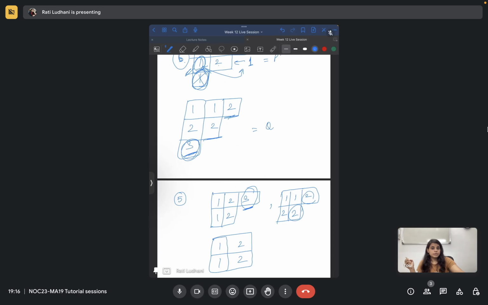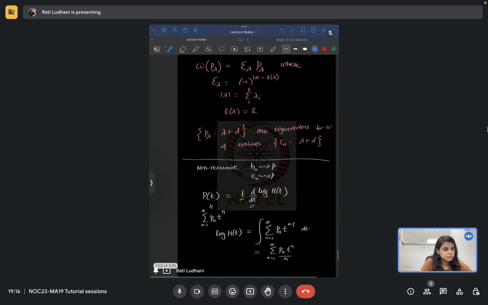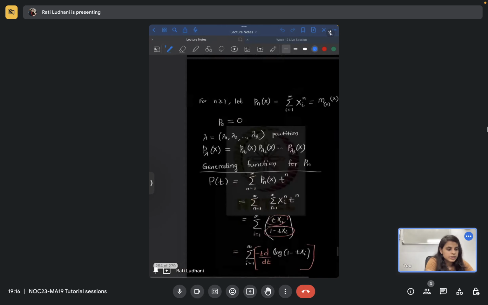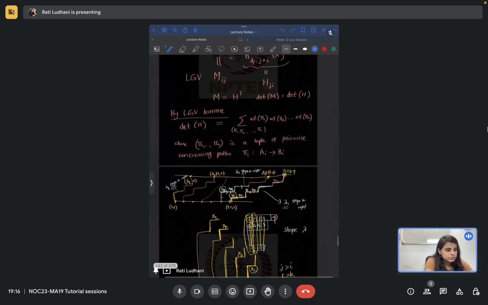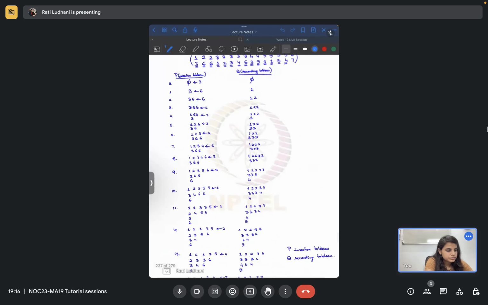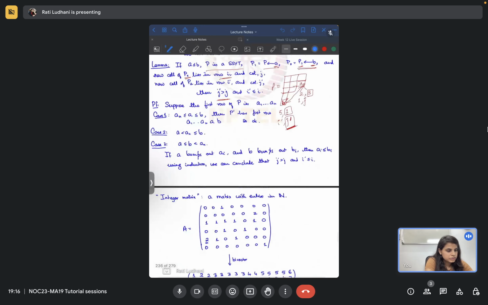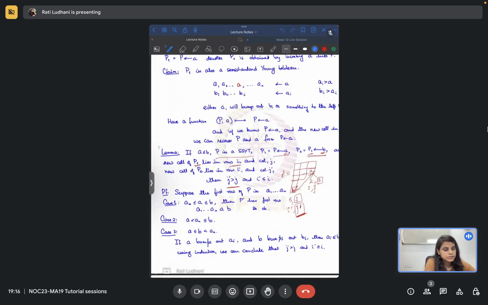Now from the theorem which we did, which has been discussed for the RSK thing, you can check, this will work for dual also. So, yeah, here this is the theorem. So this is the lemma. So this lemma says, okay,